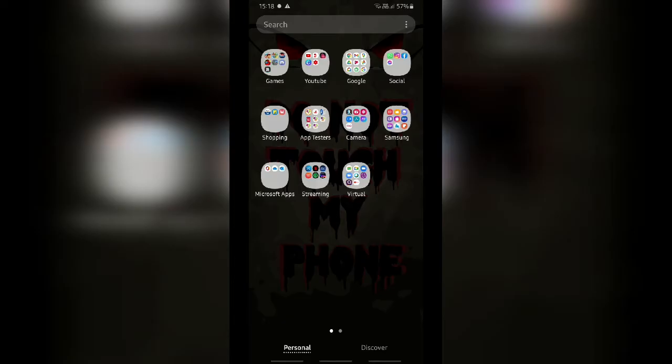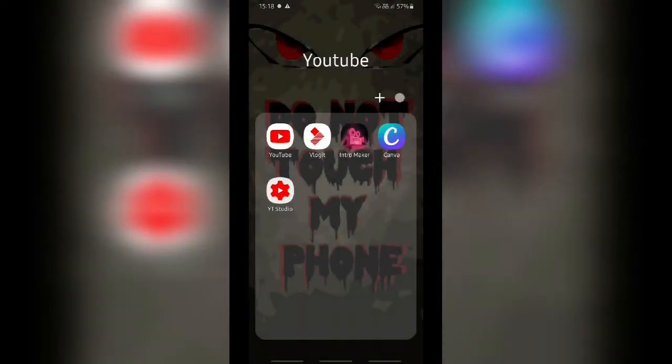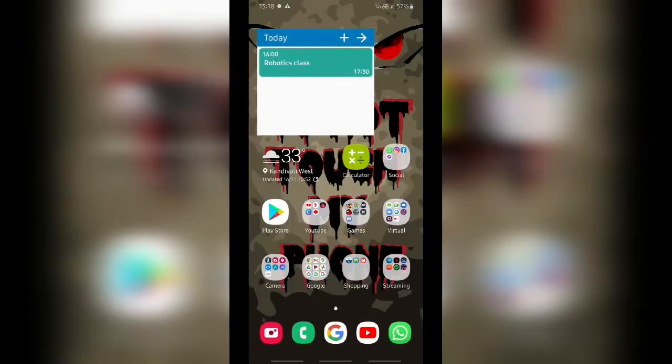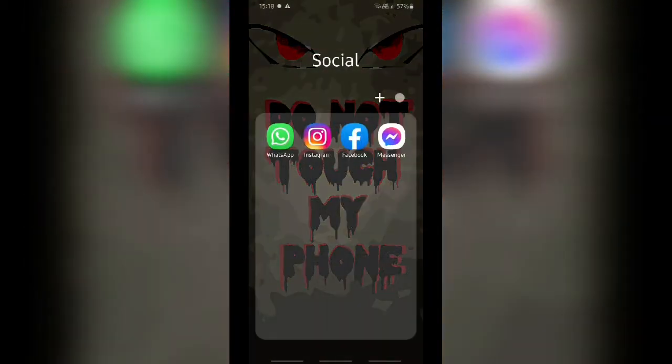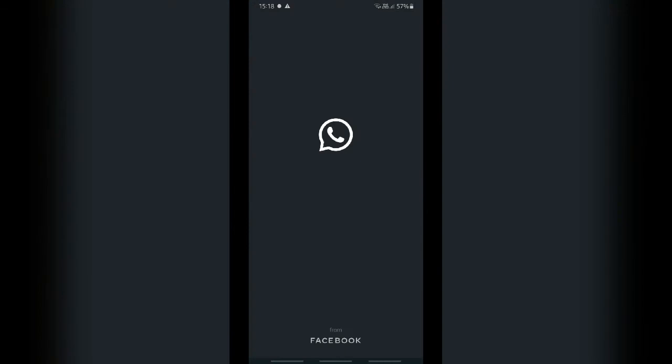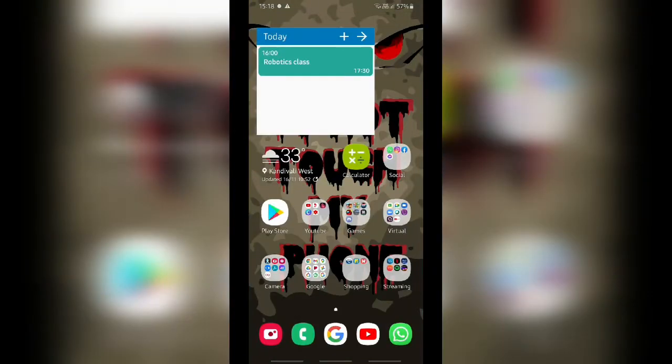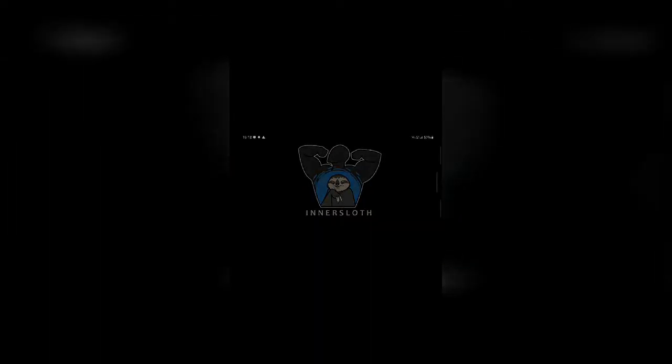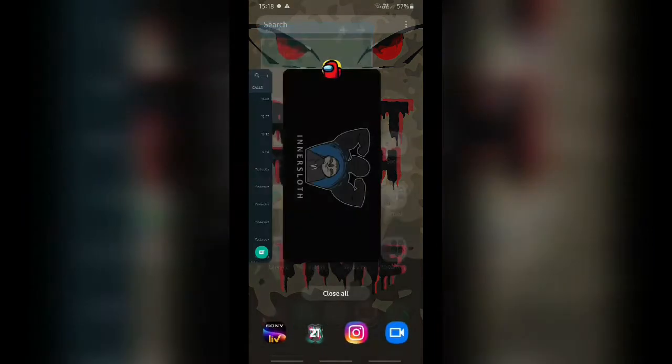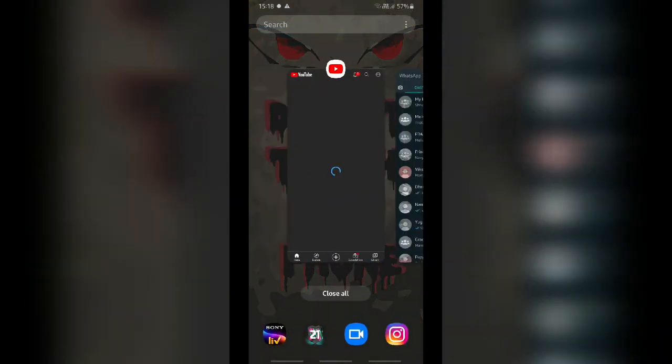To open multiple apps at a time, all you have to do is open all of them first. Say I want to see YouTube, then I want to see WhatsApp, and then choose any. Say I'll choose Among Us. So now when all the three are open, you just have to go to the tab view, and then click